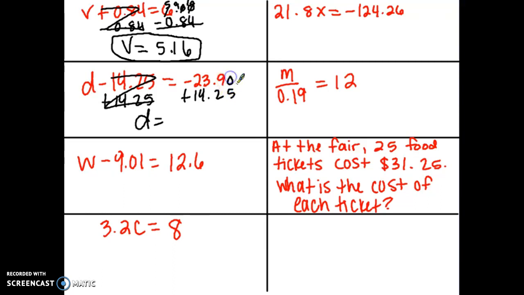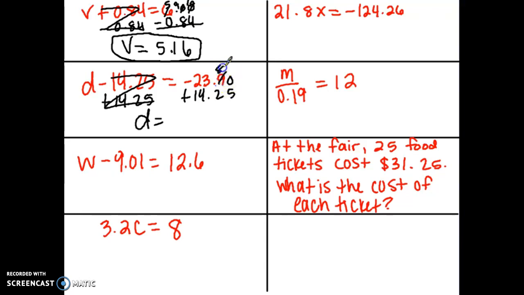Fill in any places with 0 that does not have a number. Now I have negative 23 and 9 tenths plus 14 and 25 hundredths. I go back to my integer rules. When I'm adding numbers that have different signs, I subtract. So,